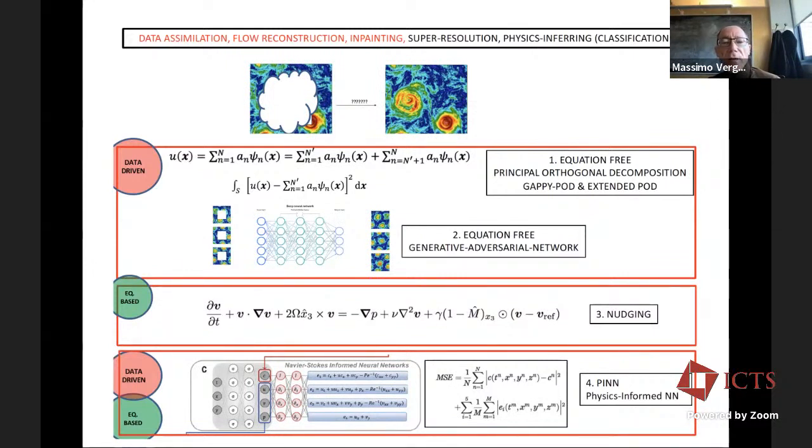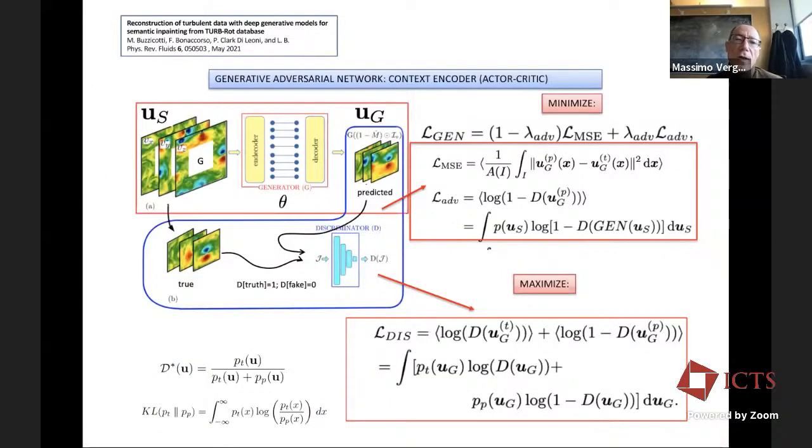So where we combine the information that we know, the equations, with the use of a neural network. So let me start from the data-driven case. And let me discuss first the newest, then I will also discuss the proper orthogonal decomposition, but the newest approach is the one based on